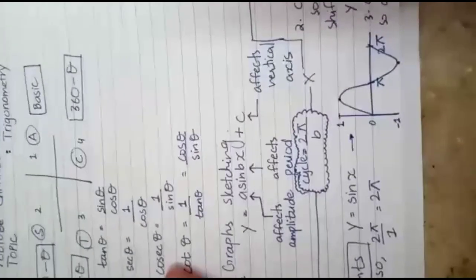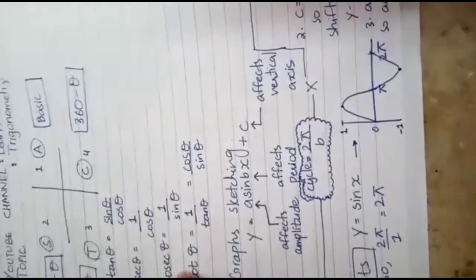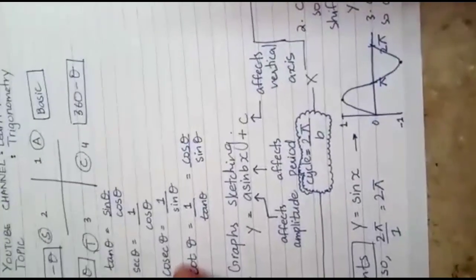So in this situation, when you have y equals sine x, you have c is 0, b is 1 and a is 1. a is 1 means the amplitude is 1. You can see that the amplitude is 1 from the maximum height to the undisturbed line. You can see that the cycle is 2 pi because b is 1. There is no number written between the sine and x, the angle, and there is no c value, so the value which affects the vertical axis is 0. So it is the simplest graph you can see, that of y equals sine x.